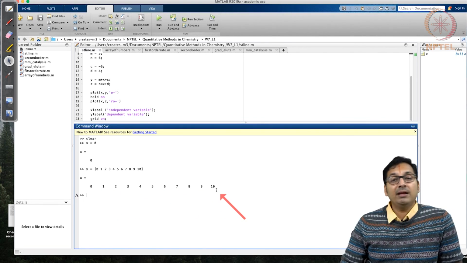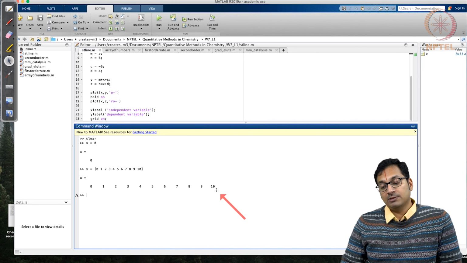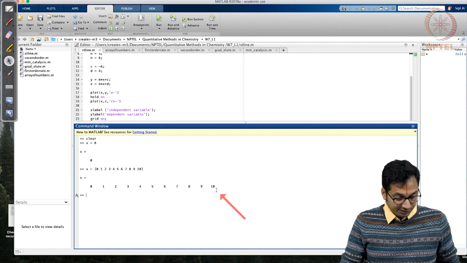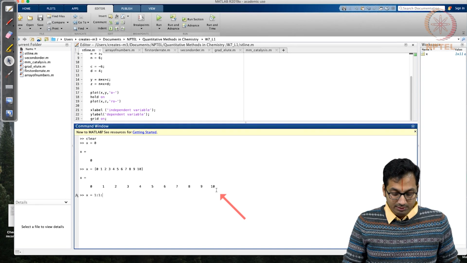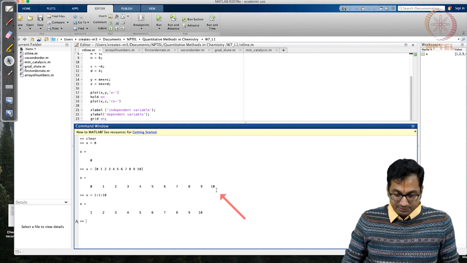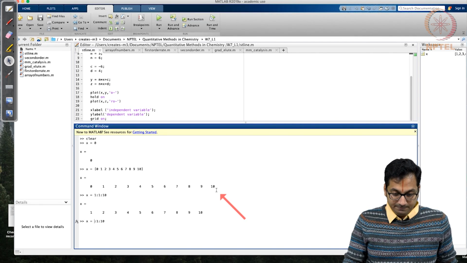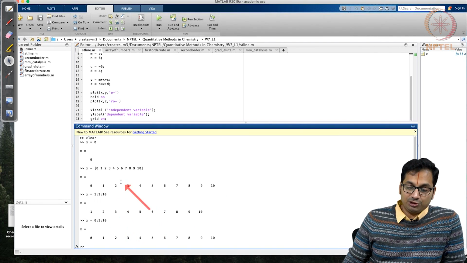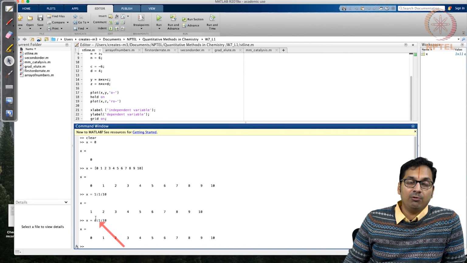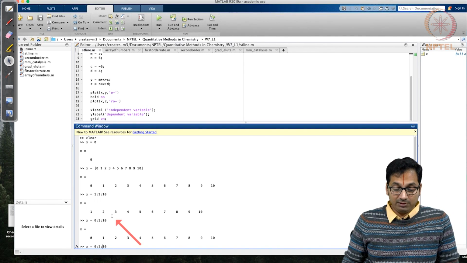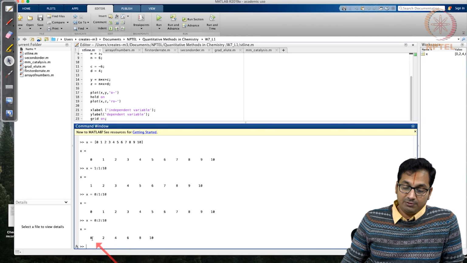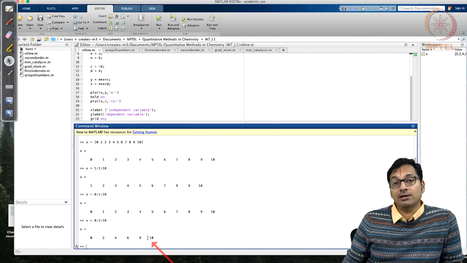Of course, we wanted to make our life easy, so there are library functions in MATLAB which help you do that. So you can say 0:1:10. This is the short form notation, where we say the initial value is 0 and the final value is 10, and I would like to generate numbers with an increment of 1. You could do the same thing with an increment of 2, where you realize only 0, 2, 4, 6, 8 and 10 are generated.